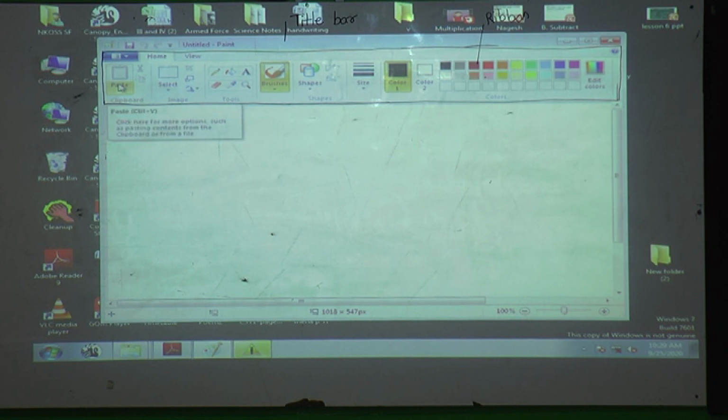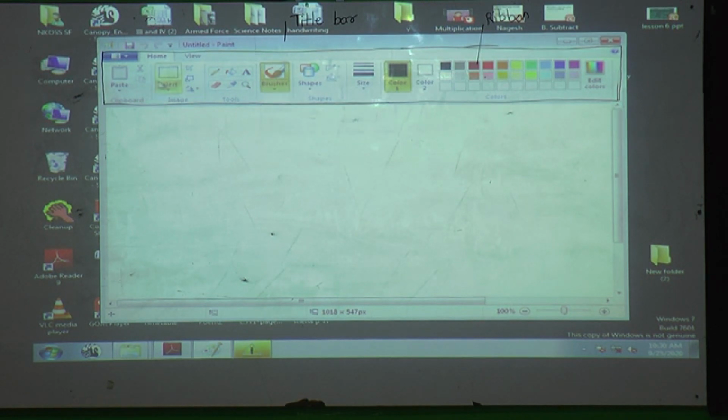You can see here paste, cut, copy, select. These tools you can see here. These are the image tools, shapes, color. If you want to give color, that time we can use the color tool. Next one is shapes. If you want to draw different shapes, then that time we can use shapes. You can see here different tools, different shapes. And next one is the brush tool. We will see here afterwards how to draw.